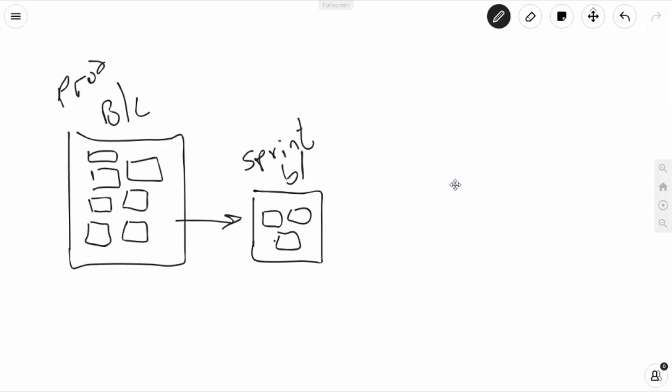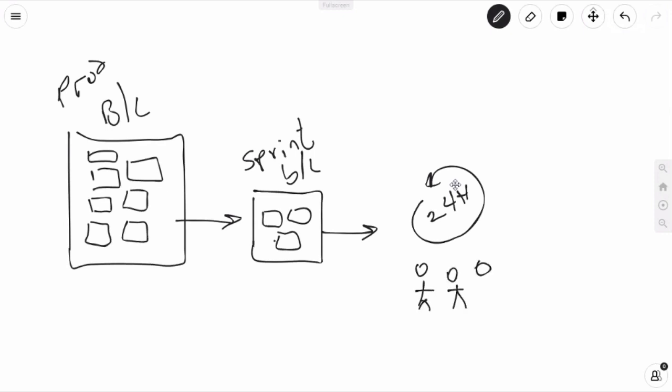And your sprint backlog is an offshoot of your product backlog for you to execute in your sprint. And of course, you know your sprint has the 24-hour cycle where you have your stand-up meeting with your team members. So after several successions of doing this, maybe over a period of 4 weeks, maybe more,